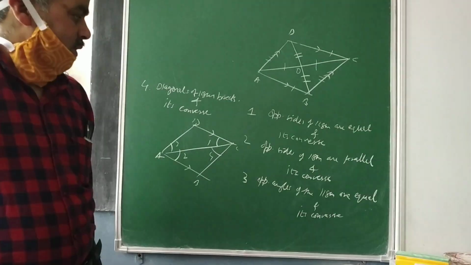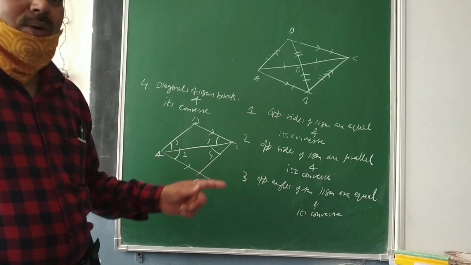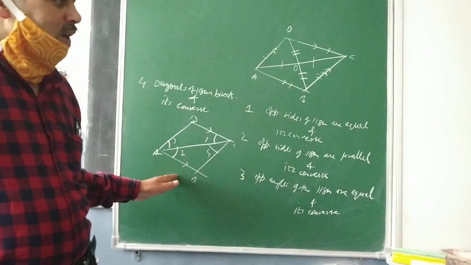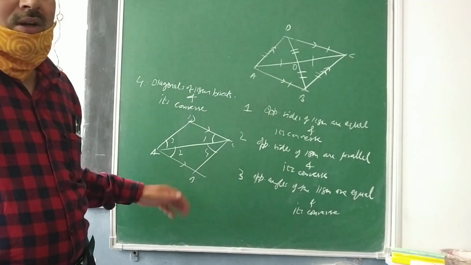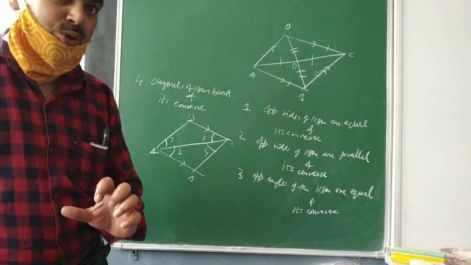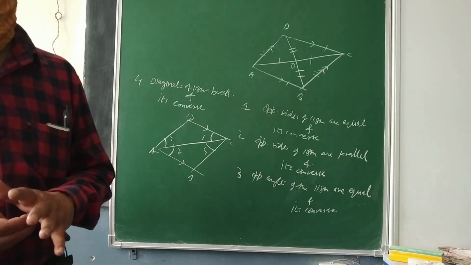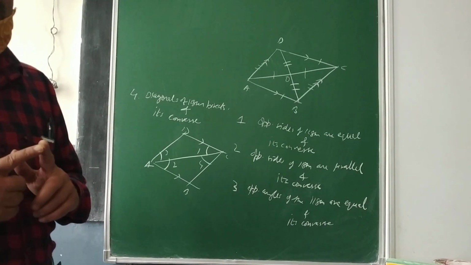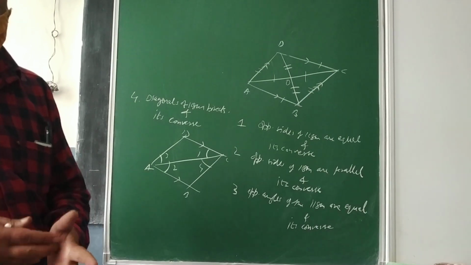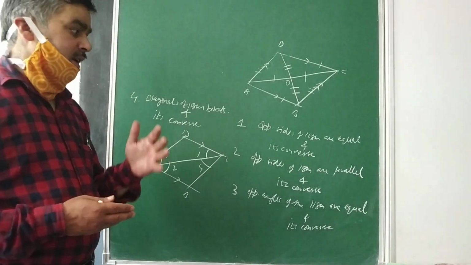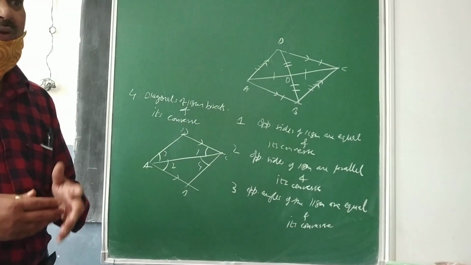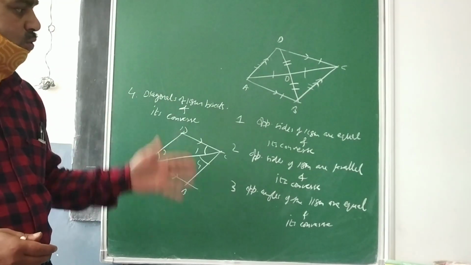So today my request to you is to go through all these 4 properties and their proofs with their converses. I have given you the hint, it is not difficult at all, but you need to recapitulate all the results of congruency of triangles. That is all required here. Feel free to use the property of parallel lines, lines and angles, or congruent triangles. Those are all the tools we have to use here.